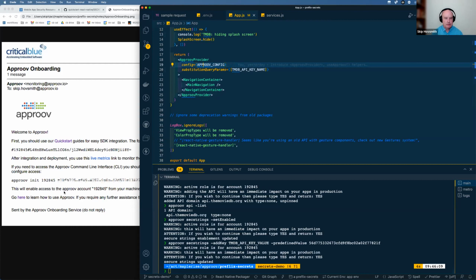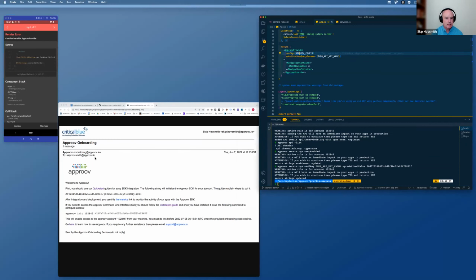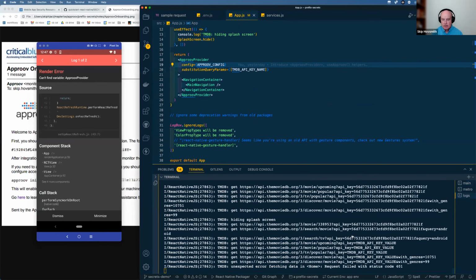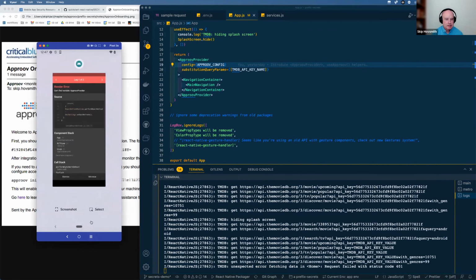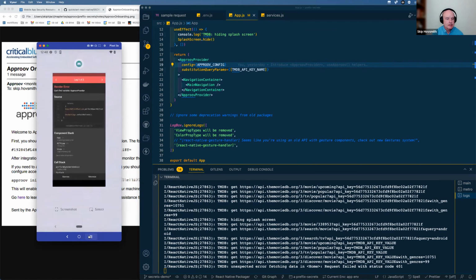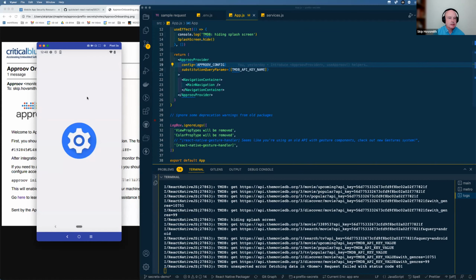So I'll save that. So we've now wrapped it with approve. And I guess I should come clean and show it to you that I got some sort of error, which is interesting. So let's see if we can figure out what's gone wrong. So everything looks reasonable. Sometimes React Native gets in this kind of funny state. So let's just clear this. Oops. It's going to let me clear this. Come on, move over. All right, well, it's definitely misbehaving. So let's just try and force a quit here.